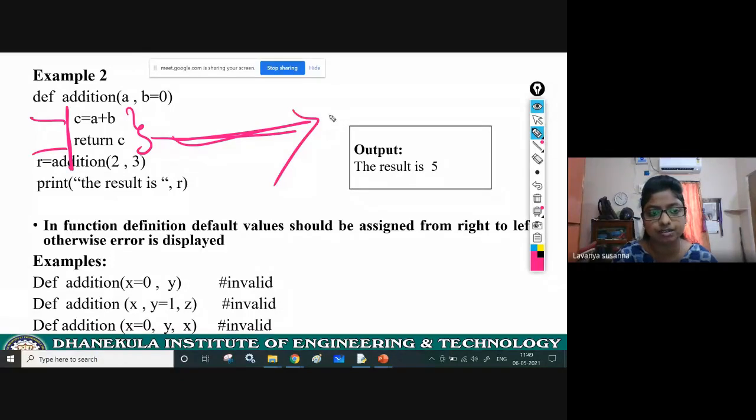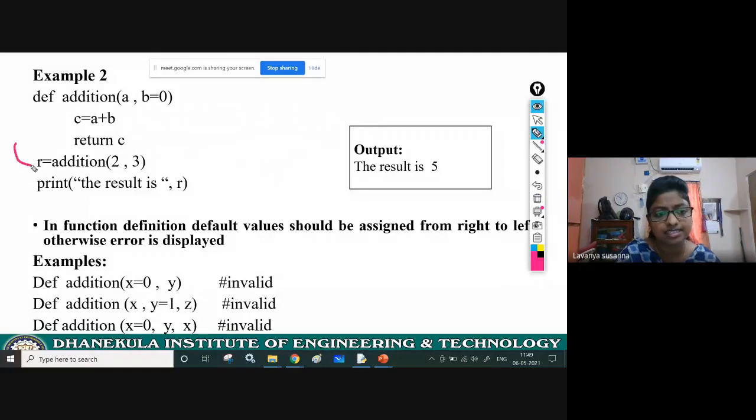Function addition. Now, see here, this statement, here you didn't give any indentation, okay? Spaces, you didn't give any spaces. That means this statement does not belong to the addition function. Remember that after the function definition, inside that you need to write some spaces. After some spaces, you need to write the statements. That means all those statements belong to that function.